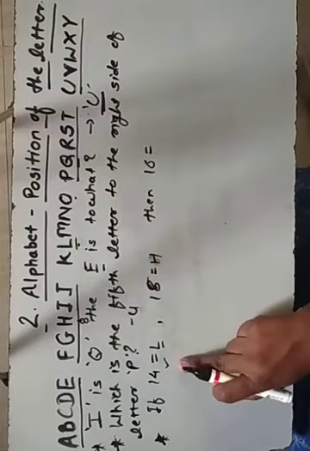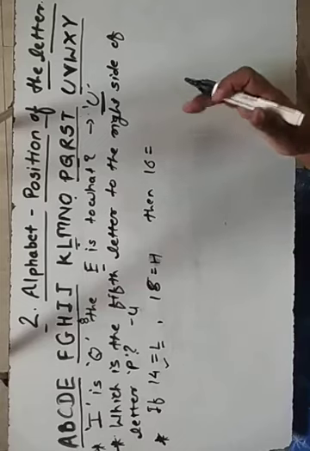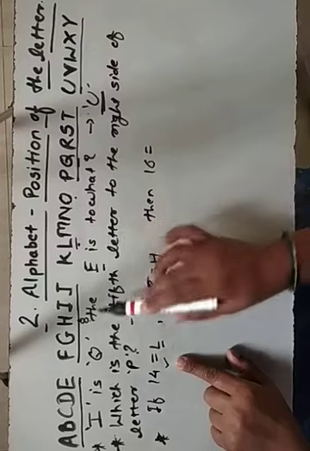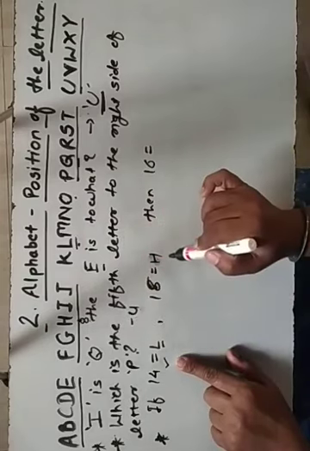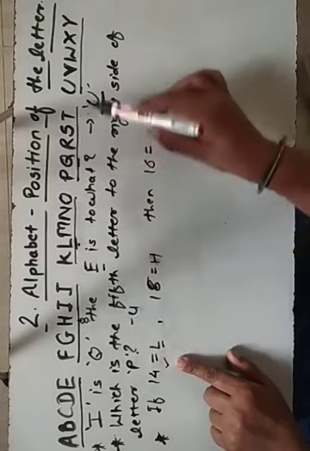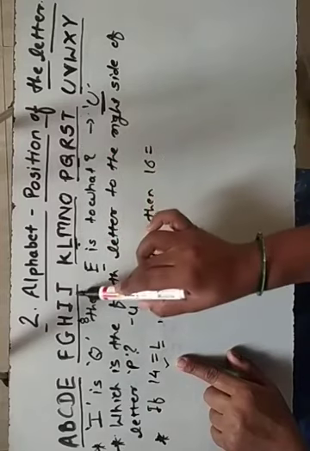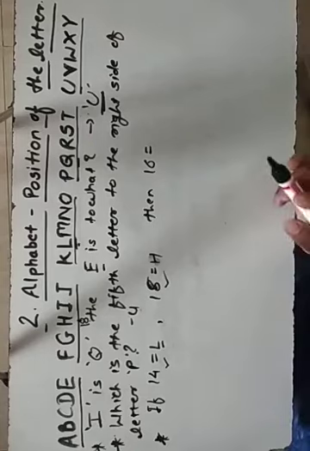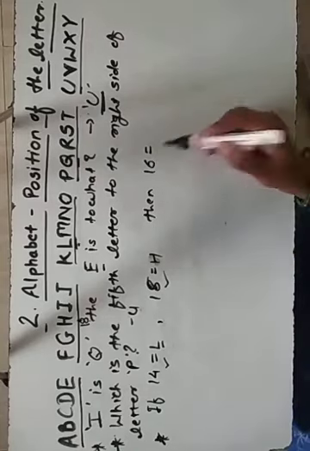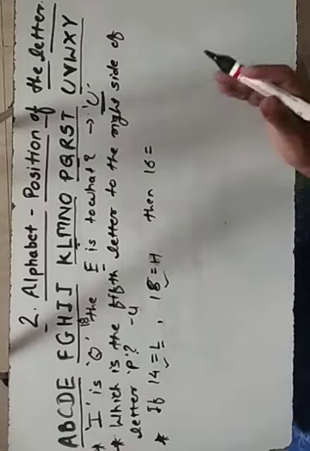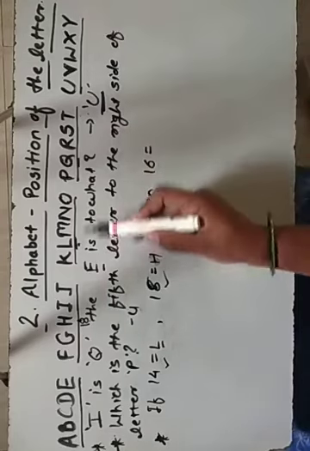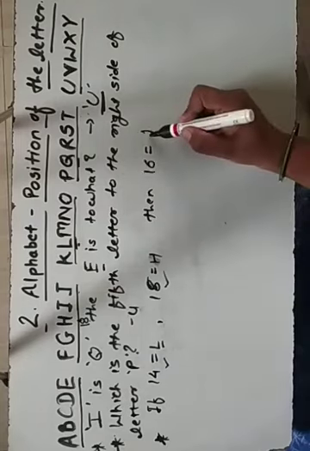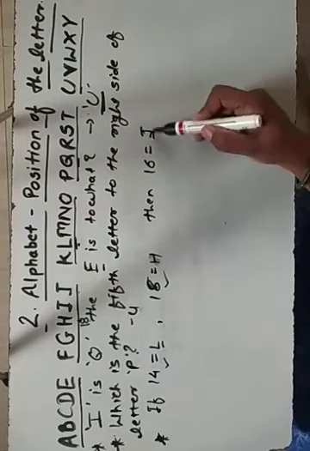Here what they have taken is the position of the letter from the right side. So L is equal to 14. Now we will check whether H's position 18 comes or not. Here also 5, 10, 15, 16, 17, 18. Yes, from the right side H is at the 18th place. Now we have to see who is at the 16th position from the right side. 5, 10, 15, and this is the 16th position. J is there. So J will be the answer.